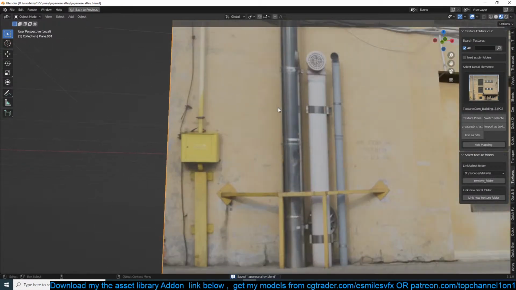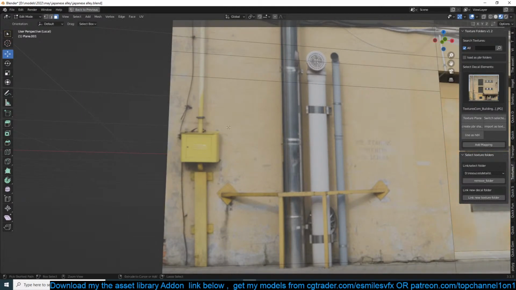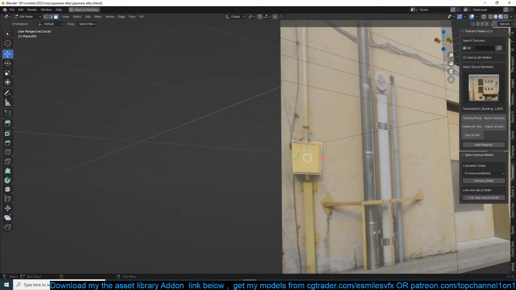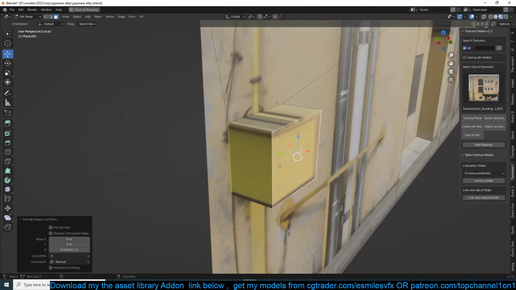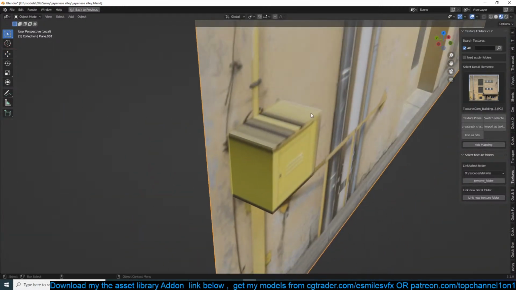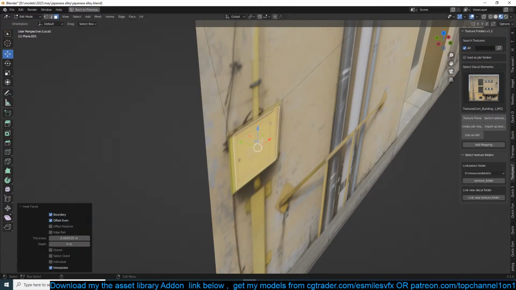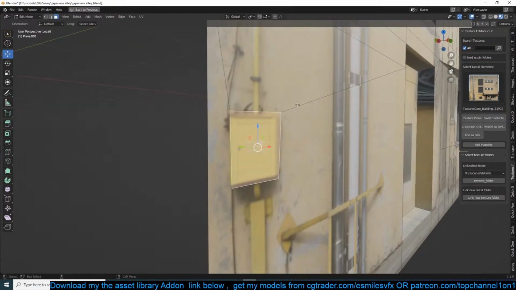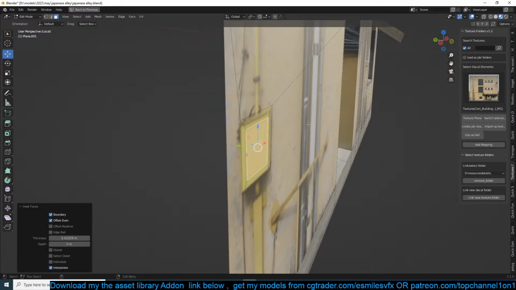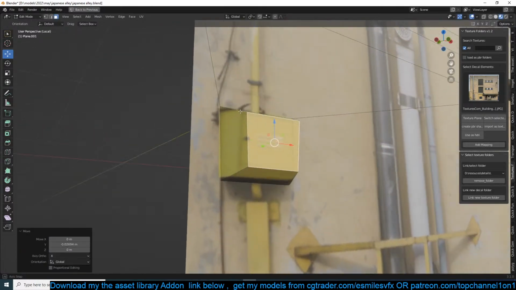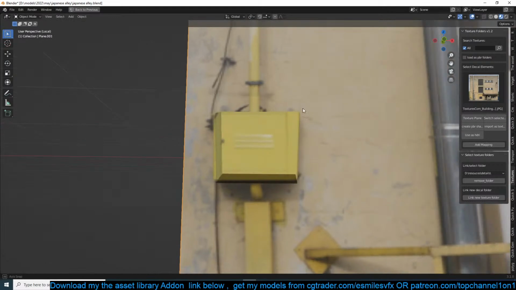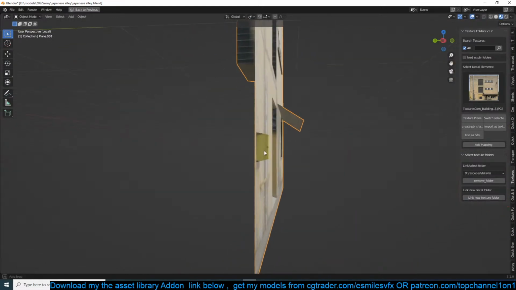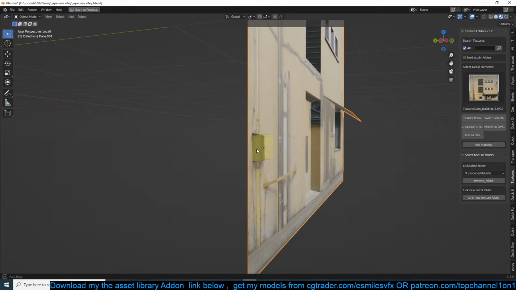Okay, I think I need this too, so I'll just grab it. Like for example this here. If I just extrude, you can see how much stretching is going on here. Now if I insert and do this, there is still stretching, but not a lot. The more you insert, the less texture stretching you get. And I can scale this up, and it seems like this side also has some detail.